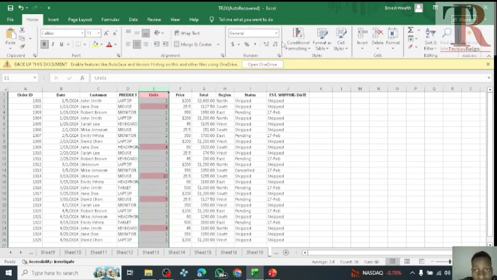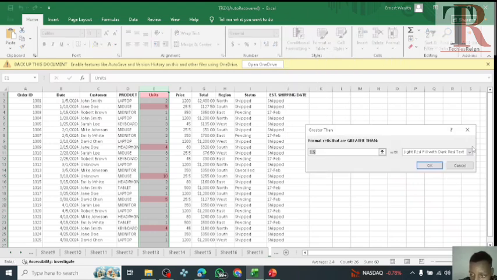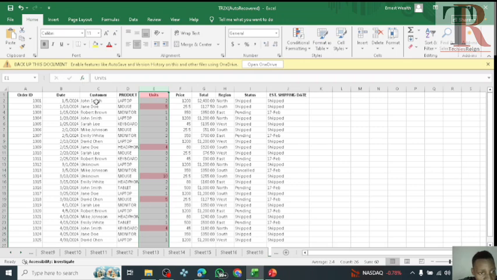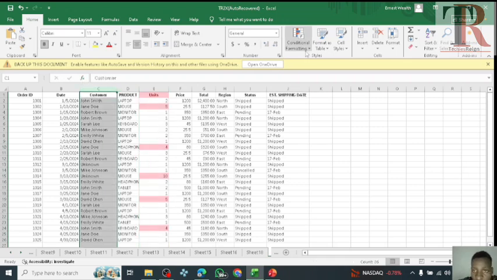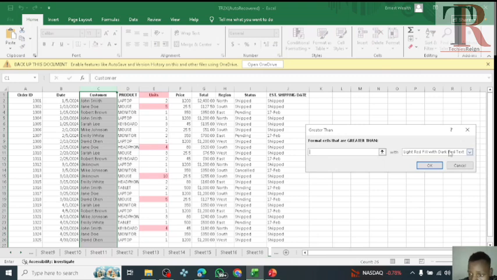Home, conditional formatting, highlight cell rules. There are other things that we can do with this. There are other custom formats, but let me show you something. If this wasn't words, if this wasn't letters, and you come over here, conditional formatting, highlight cell rules, greater than, you come over here,